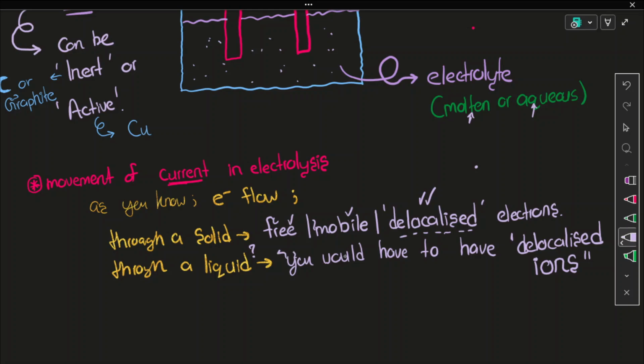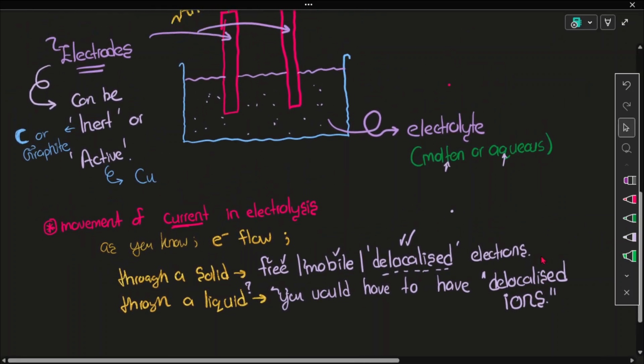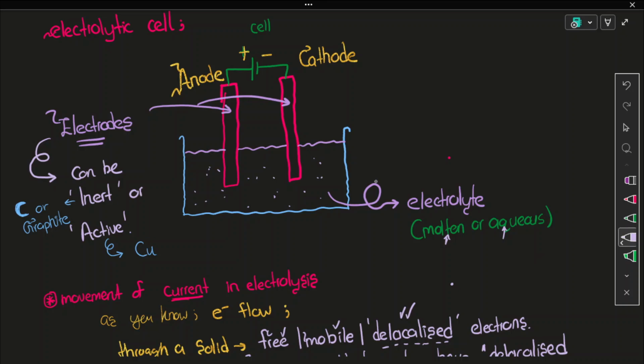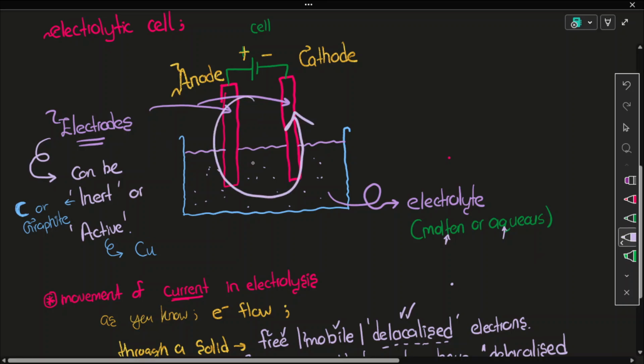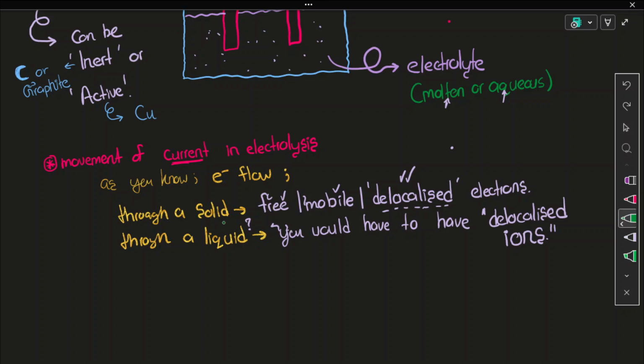You would have to have delocalized ions. That is how this moves. That is how current, how electricity actually moves through this entire circuit. So you see, it has to be an entire circuit, simply like this. One whole full circuit. Right, delocalized ions. So now to really push this